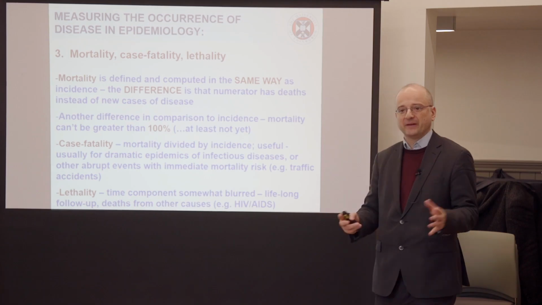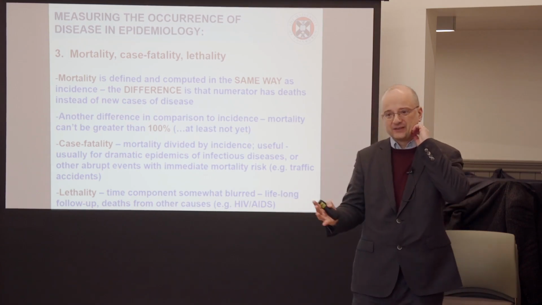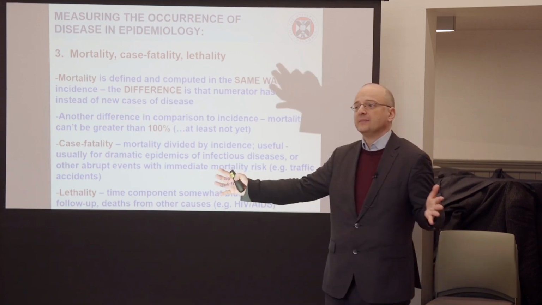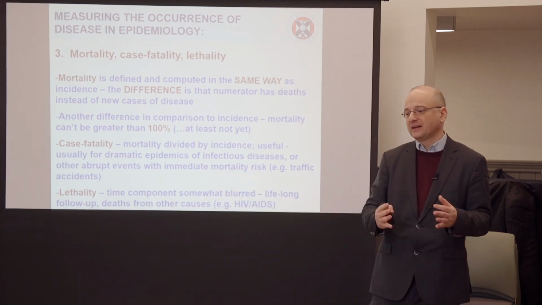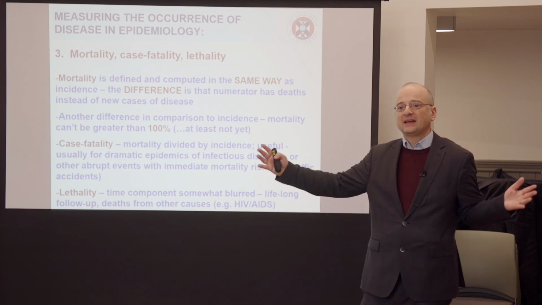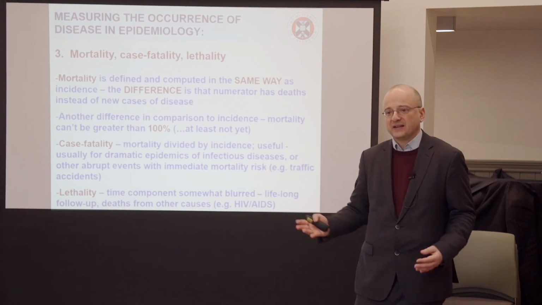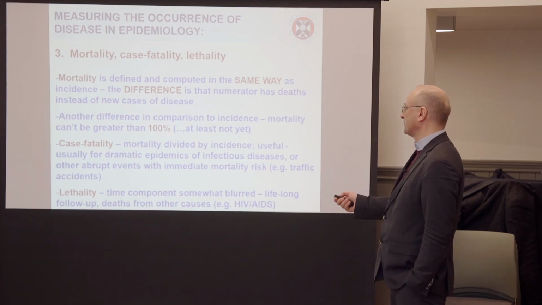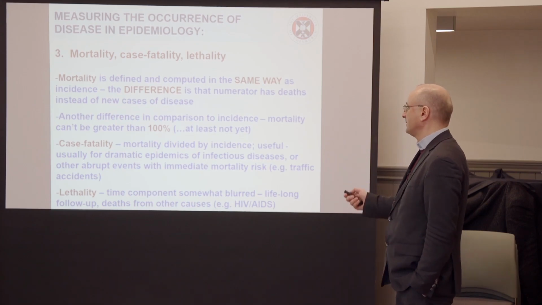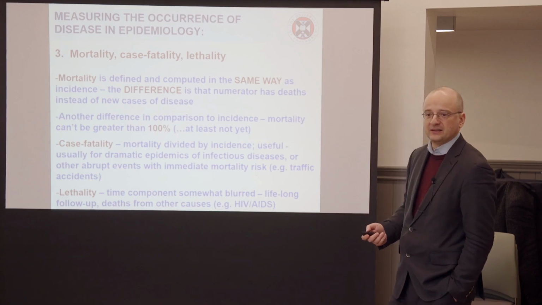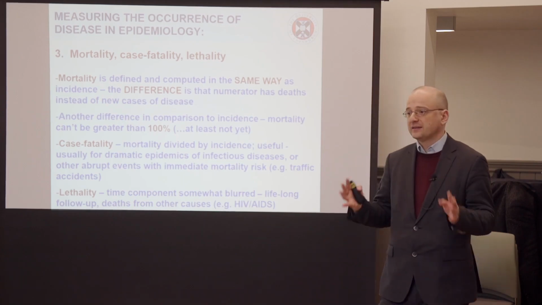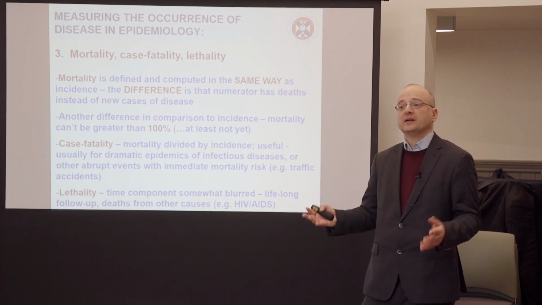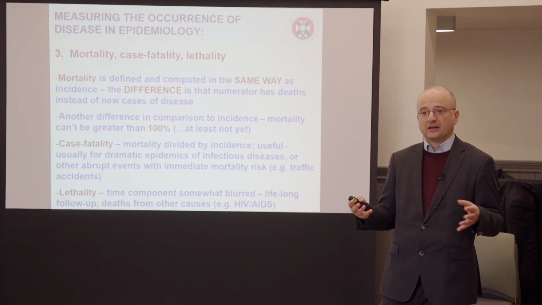So this is different from prevalence, because in prevalence you can either have a disease or not at one point in time. But here it is about death being an event which can only happen once in any given amount of time. Otherwise it's basically measured and computed in the same way as incidence. You take some people at the start and you let the time run and you're measuring the intensity over time